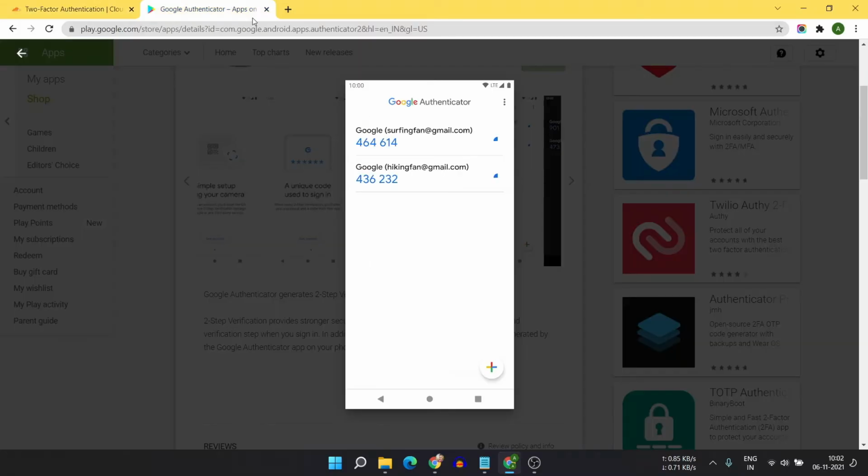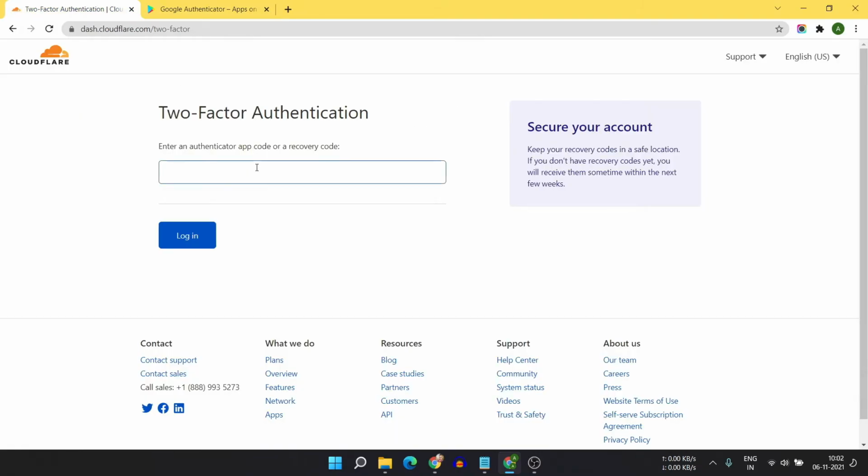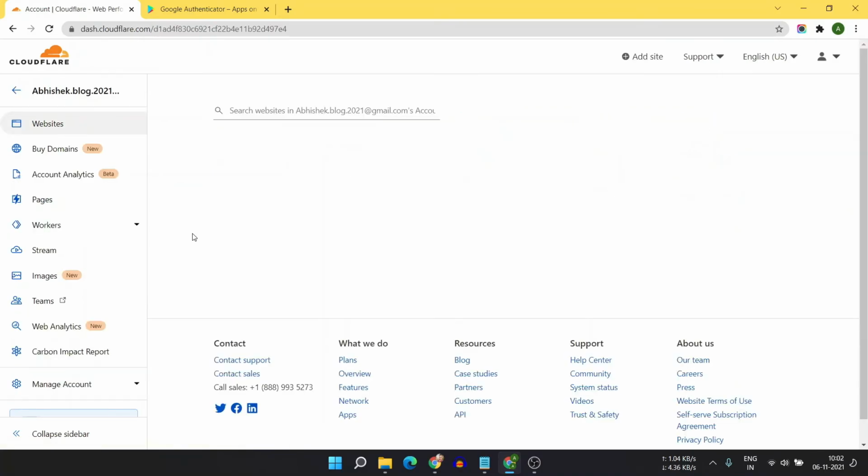So simply you have to go to the Google Authenticator app and then copy the two-factor code here. So let me just paste the two-factor code. Now click on login. And as you can see, we are now logged into the Cloudflare dashboard. So in this way you can protect your Cloudflare account using two-factor authentication.